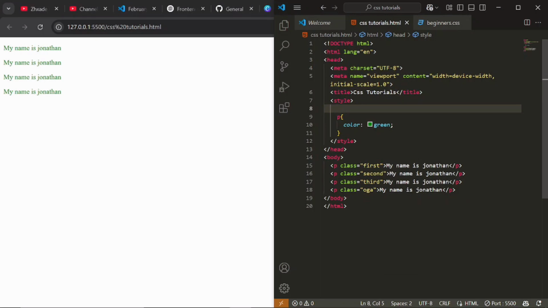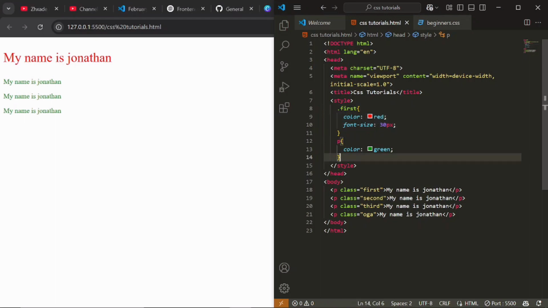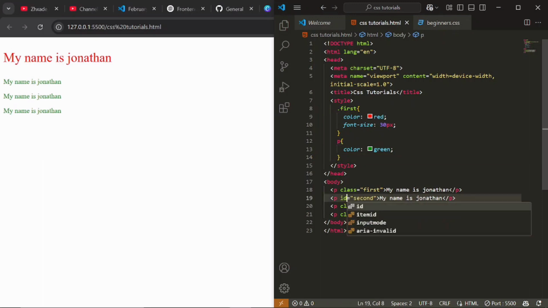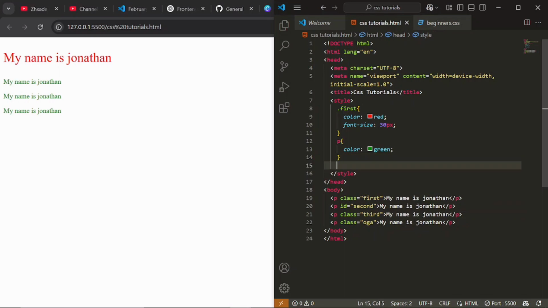Since I have not targeted anything here to change back to green, this is what I call your class. This is the usefulness of class when you are styling a bigger web page. This is what I mean. ID is just a similar thing. If I give this an ID name now as "second," and I come here, I put ID,